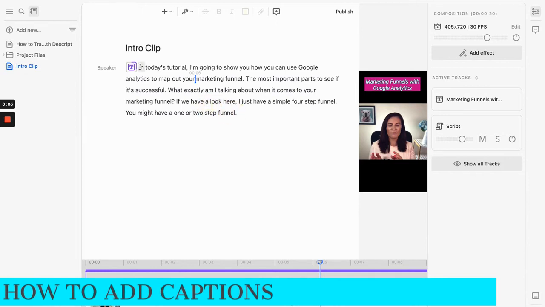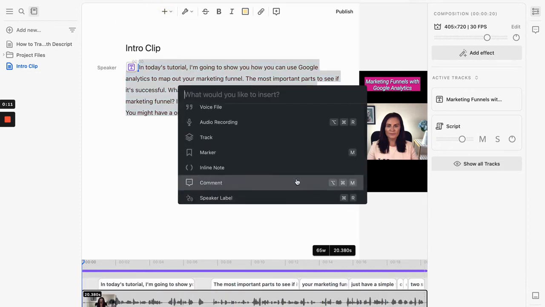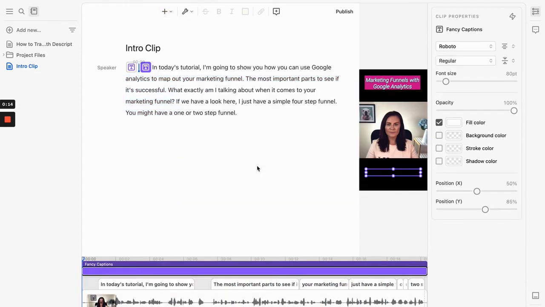So we're going to highlight all of our text here so we can generate captions. So we highlight, click the plus symbol, and then we're going to say fancy captions, and then we hit play. In today's tutorial, I'm going to show you how you can use Google Analytics. Okay, so we can see here we have extra space, so you can use the extra space. So I don't want to have everything coming up like this, so I'm going to increase the font size. And let's hit play. It's to map out your marketing funnel and the most important part, to see if it's successful. And just to finish off our clip, I'm just going to change this here to pink to blend in,